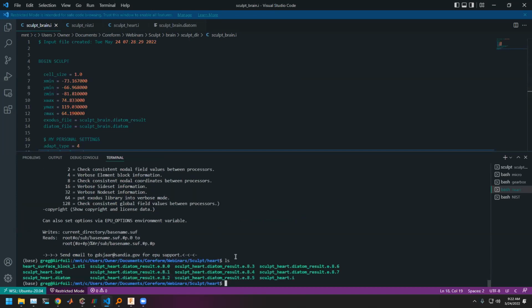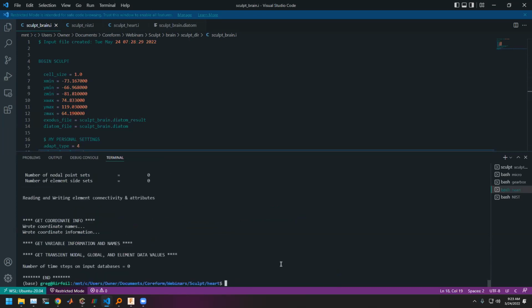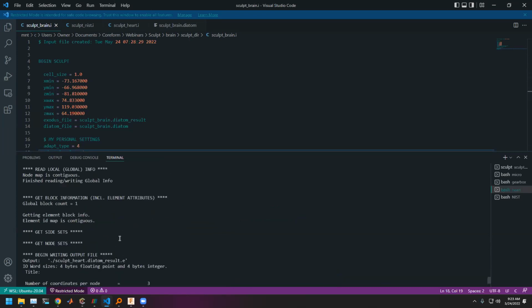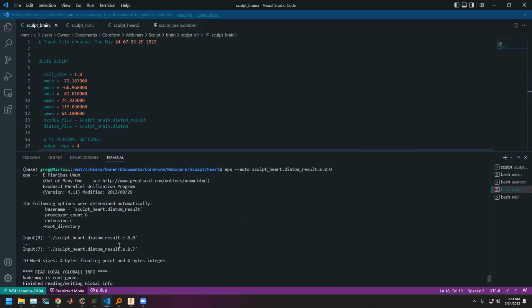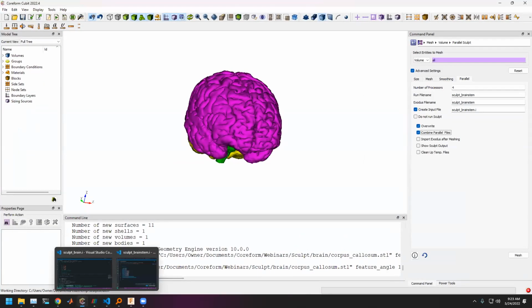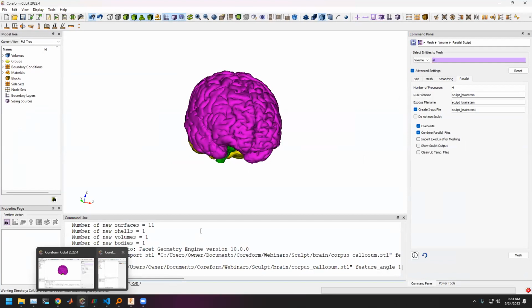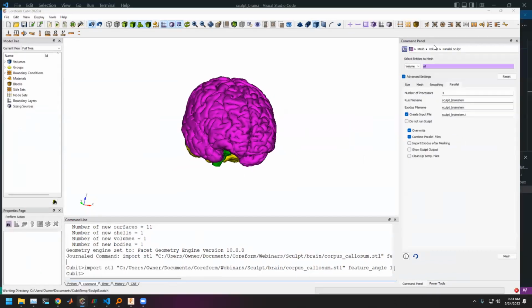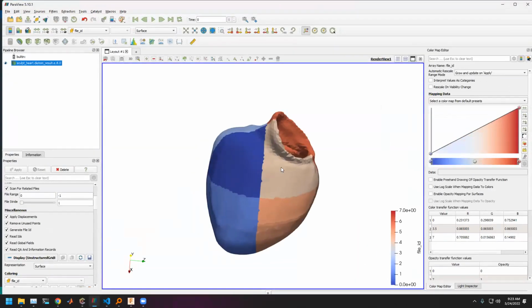So if I want to do that with, say, this heart model here, I can simply run EPU with an auto flag and then feed it any one of these broken out files. And then EPU will automatically determine what the other files were, and then stitch them together into this single .e file. And then that .e file I could then reload into Cubit if I wanted and look at my mesh. But I oftentimes will just load it up into ParaView,